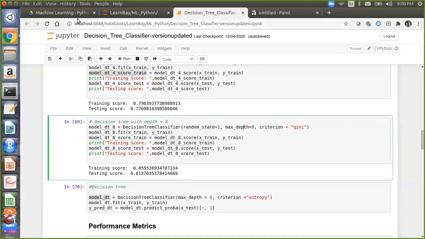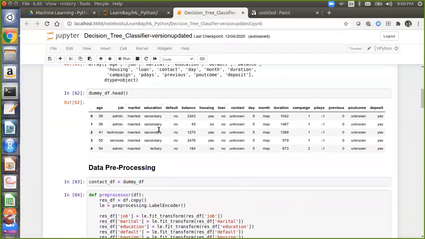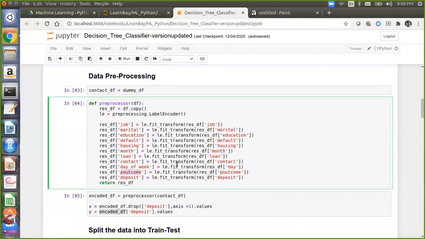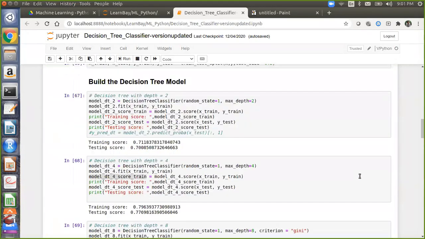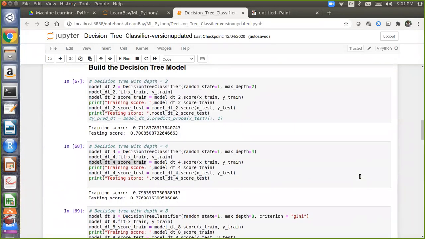So now what is happening here, if you will see, I have taken this variable p outcome. In the p outcome variable, all the values are unknown in this particular column. So probably you can see that if it is zero variance, then you have to remove this column. Do the EDA, remove the outliers, fill the null values, remove whichever variables you feel are not important, and create a different model and try to see if you can increase the accuracy up to 90 to 95%. This is your assignment.